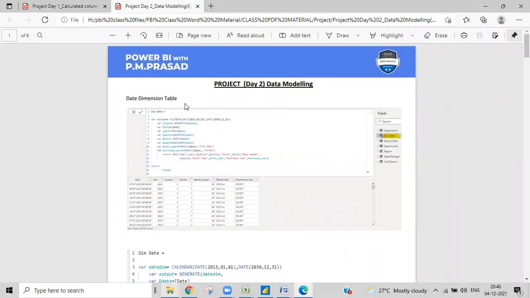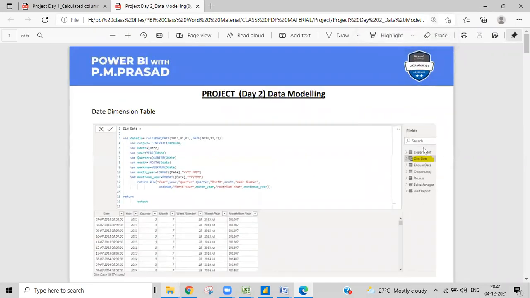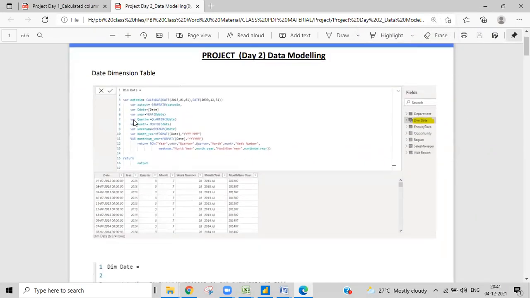This is the first phase, where we will create a date dimension. Can you see right now? Yes. So first we'll create a date dimension table, or calendar table, whatever it might be, using CALENDAR or CALENDARAUTO, with all the things like year, month, date, week number, whatever we know.